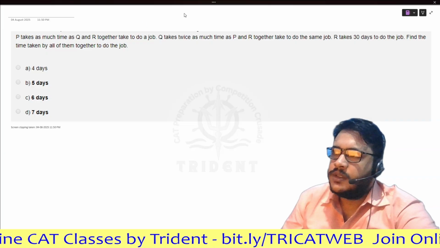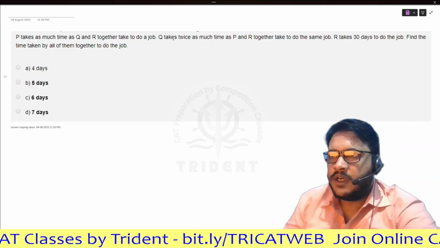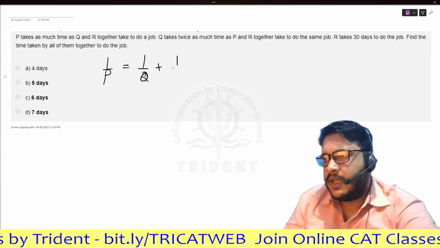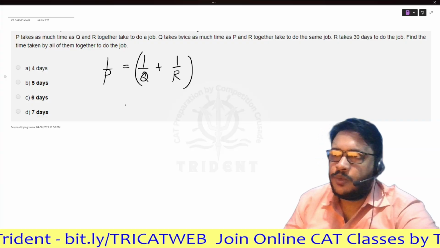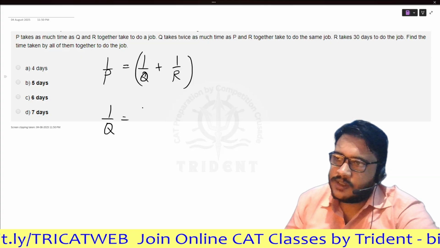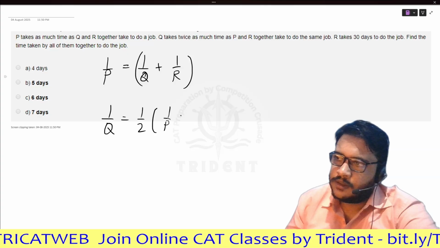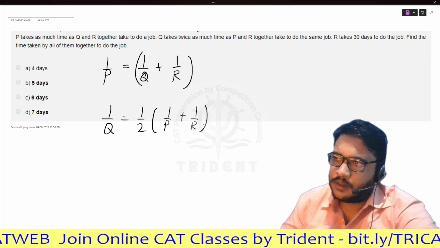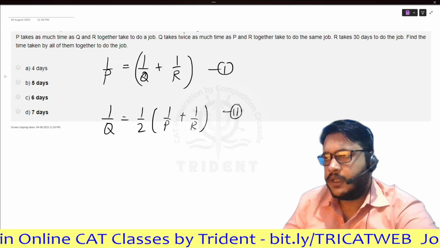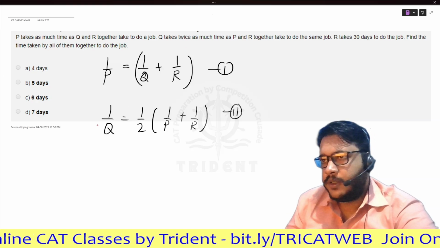Basically, effectively, in one day, P is able to knock off as much work as Q and R, and Q is half as efficient as P and R. So these are the two equations that I can start off by understanding. Now another thing that should pop into your mind is that